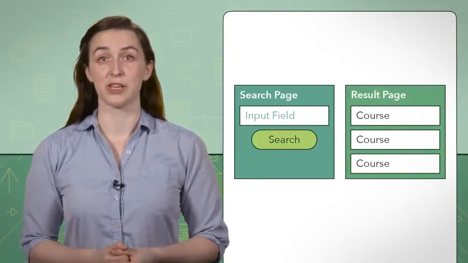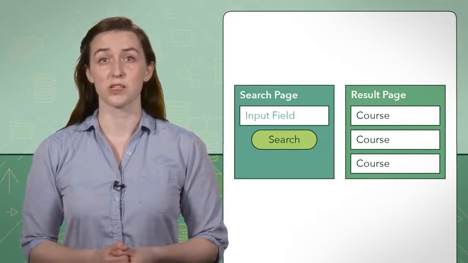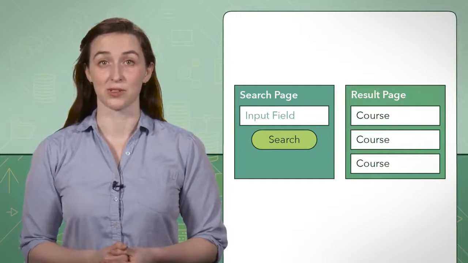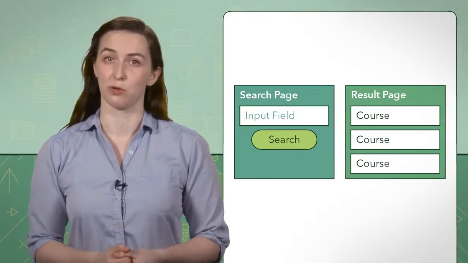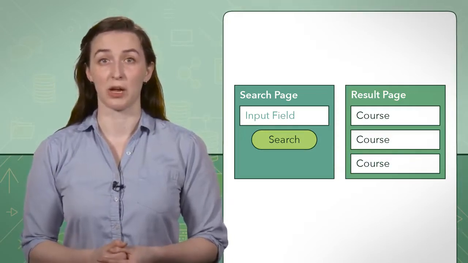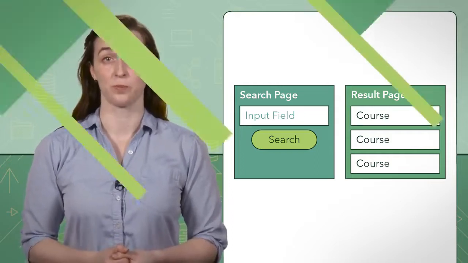The search page contains an input field and search button, and transitions to the result page. Course is a way of displaying the result. From this mockup, we recognize many connections. For example, for the search page to fulfill its responsibility to search, it needs input field, search button, and result page. This also translates to search page having connections to input field, search button, and result page.